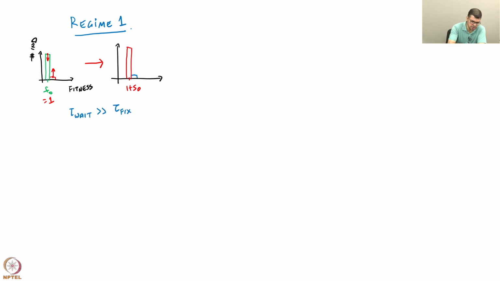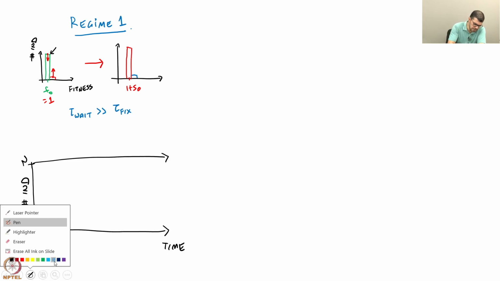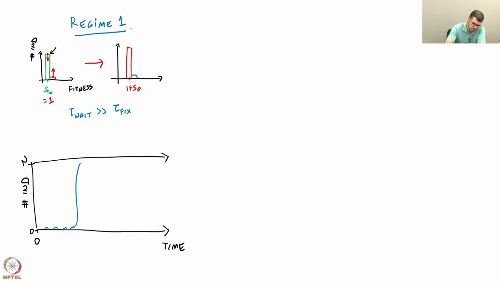In an alternative representation of this process, the x axis is now time and the y axis is number of individuals, varying from 0 to n. At t equal to 0, I am starting with an isogenic population, represented by the green population. There was no red individual at t equal to 0. Beneficial mutations keep coming up in this population, but they don't survive drift and keep getting lost. Eventually there will be a beneficial mutation that survives drift, and then it goes to fixation relatively quickly. This waiting time is tau wait,